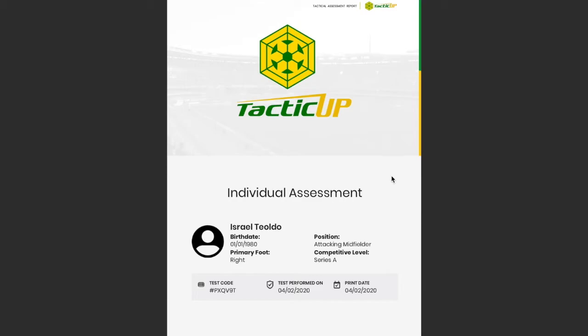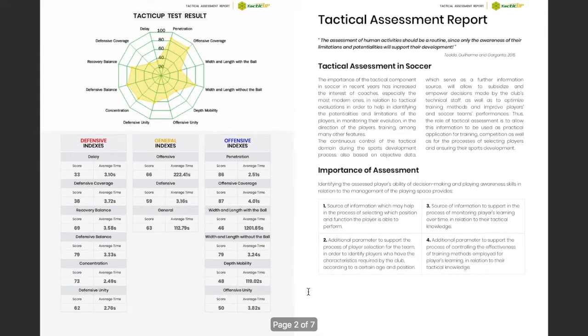So let's see here. In the first part, we have the personal information of the player, the information about the report. In sequence, we have all the results that I just presented to you in the platform, so it's all here in this page, and we have also some explanation about the tactical assessment in soccer, the importance of this assessment as well,